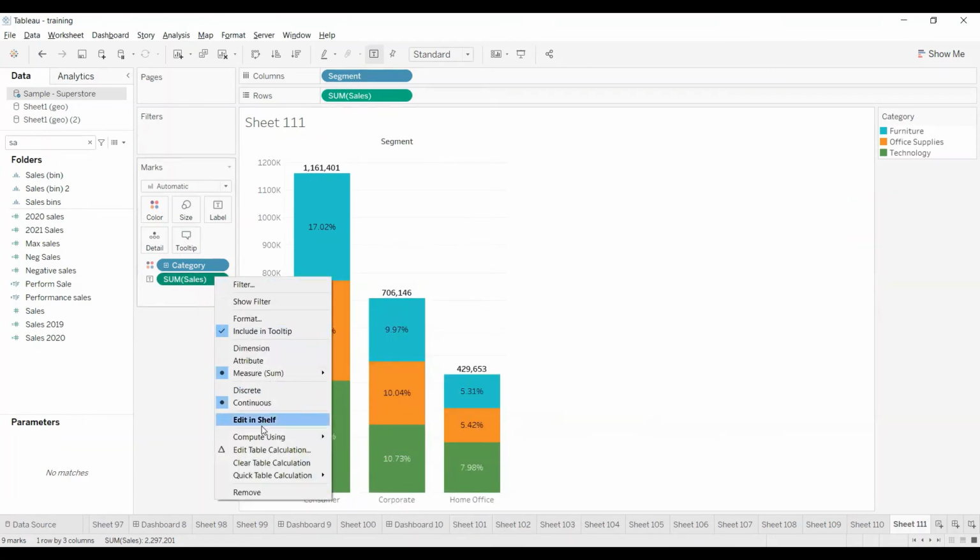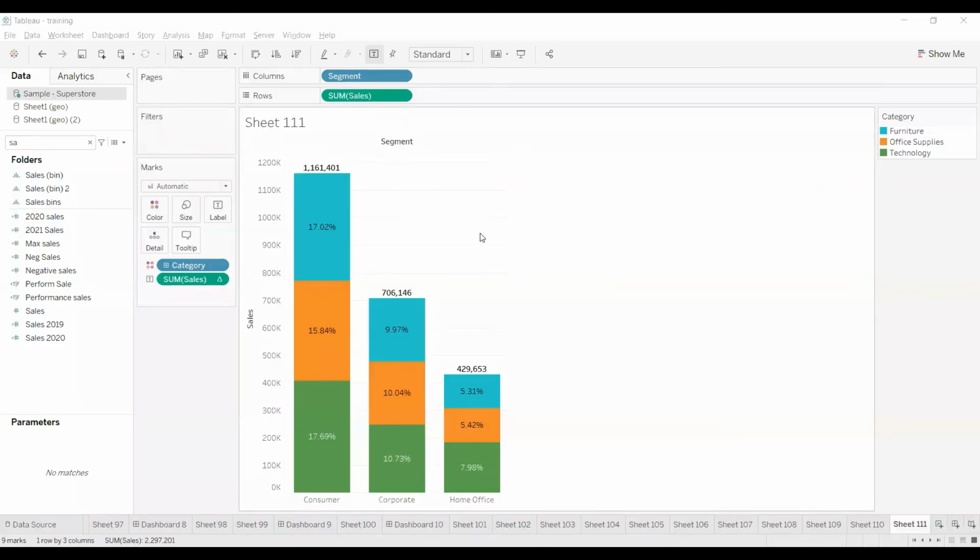Right click here, compute using. It is showing table across, but I don't want table across. What is table across? It considers all the data in the overall view, but I want to see each segment as 100%, and within that, how much percentage each category is contributing.